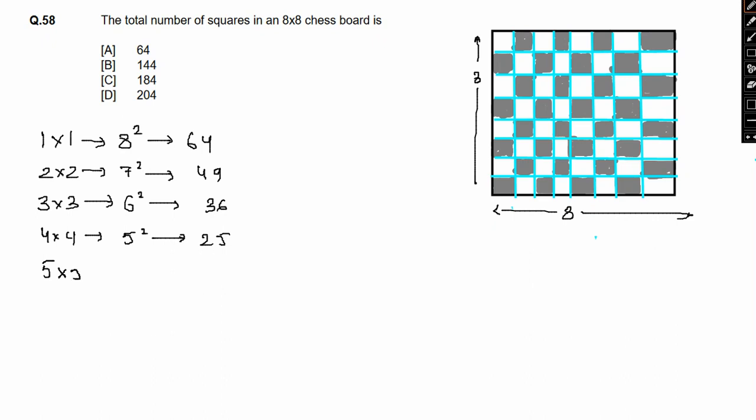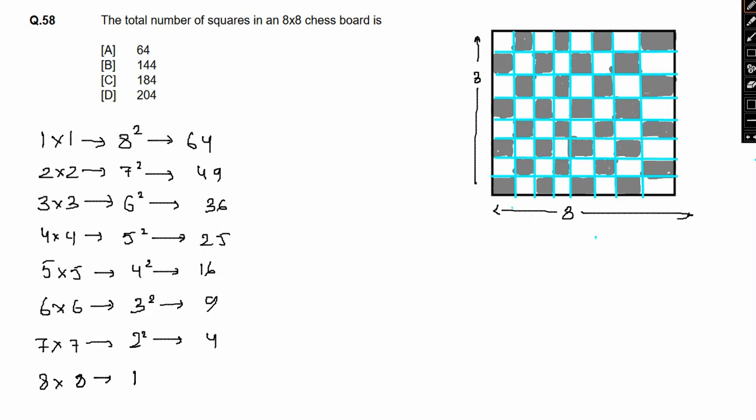5 into 5 squares would be 4 square or 16. 6 into 6 would be 3 square, total 9 such squares. 7 into 7 would simply be 2 square, 4, and lastly 8 into 8, we have only one such square. So our result would simply be adding all these things up. If we add 64 plus 49 plus 36 plus 25 plus 16 plus 9 plus 4 plus 1, that is